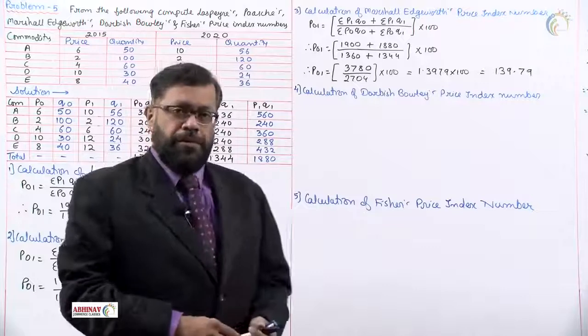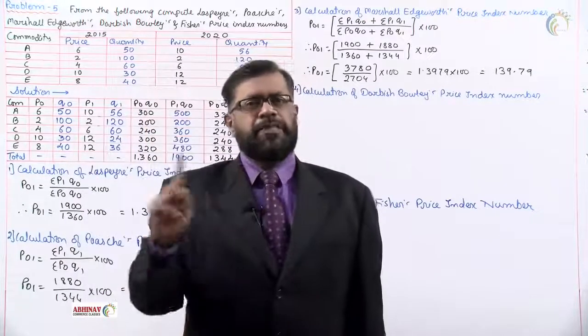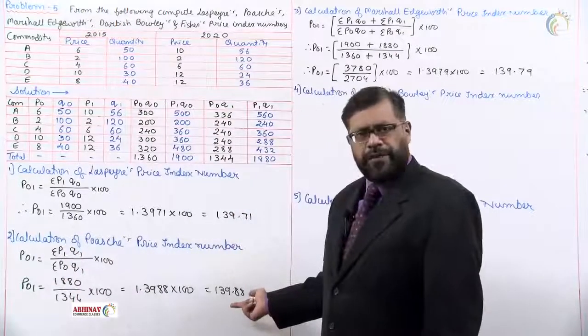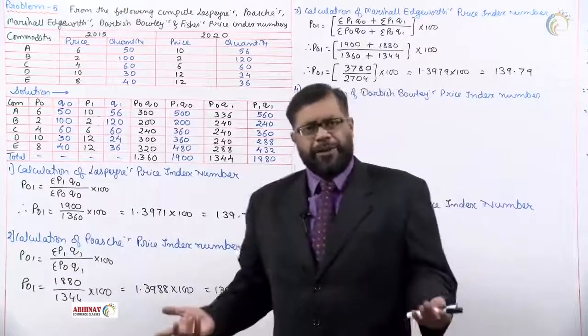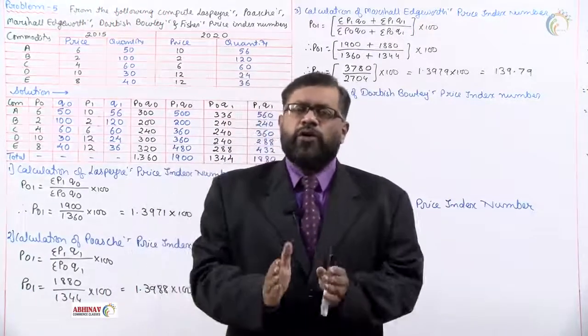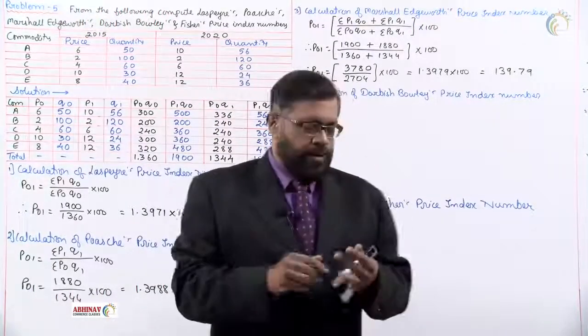Let's say Dorbish-Bowley. What is Dorbish-Bowley's formula? Half of Laspeyres plus Paasche. Laspeyres we have, Paasche we already have. We can add these and divide by 2, or use the main formula of Dorbish-Bowley and solve it. Here we are going to solve the main formula of Dorbish-Bowley. So